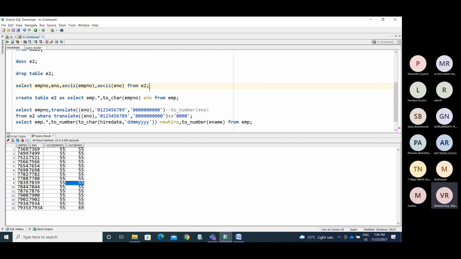Now I am sorting the data order by EMP number. Now 7369, 7499 you are getting in the respective order without any failure. Now I make it like ENO. See here, is there any difference in any of these? No, right? So I will show you another example.